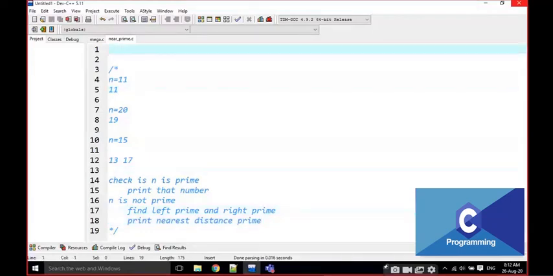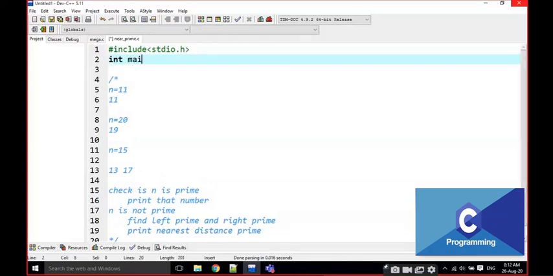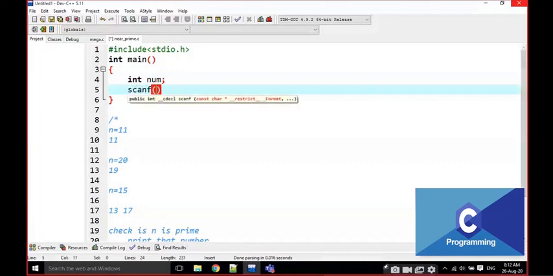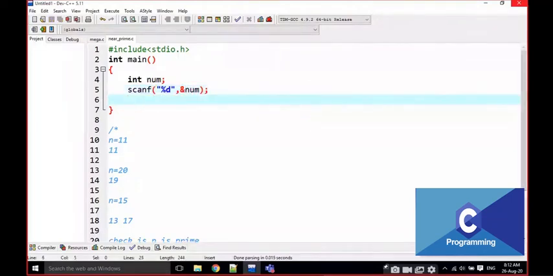First of all, I'm going to write the header files here. How many values am I going to read? I'm going to read only one value, that is num. That's it. First of all, I am going to find is prime or not.